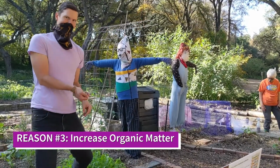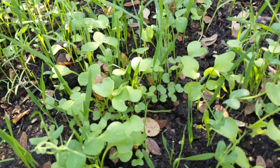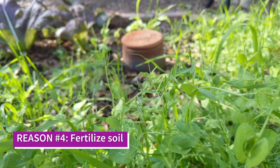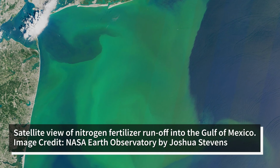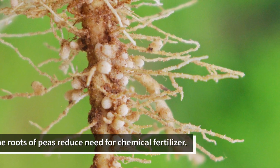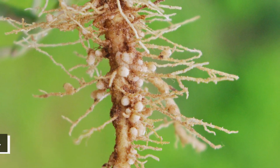Planting cover crops increases organic matter, leading to improvements in soil structure, stability, moisture, and nutrient holding capacity. Cover crops store nutrients from compost, mineralized organic nitrogen until the next crop can utilize them, reducing nutrient runoff and leaching. Certain cover crops, such as clover, field peas, and beans, add nitrogen to the soil, reducing the need for